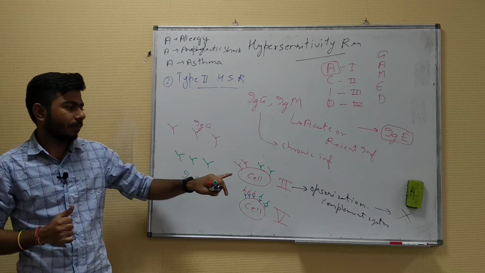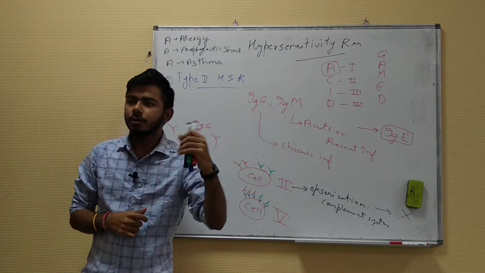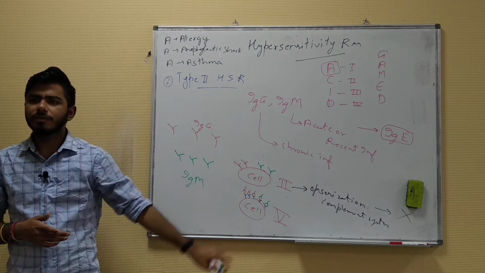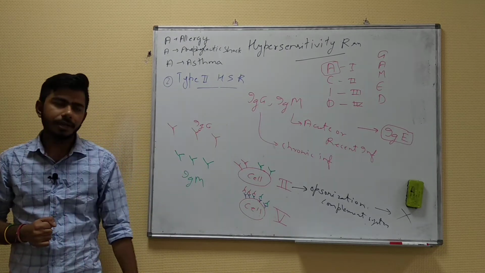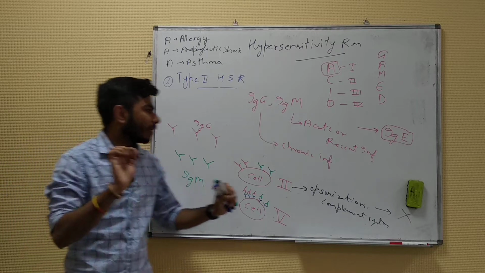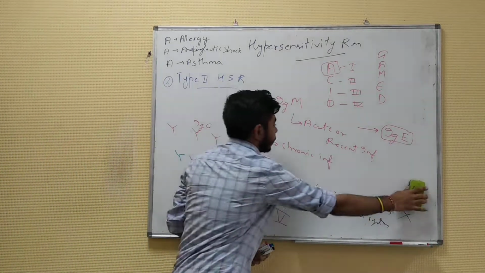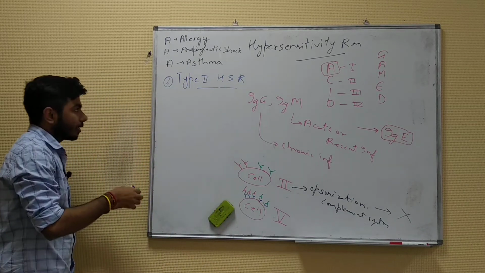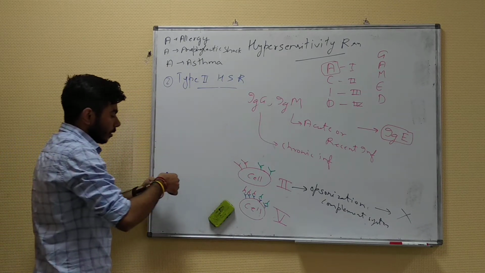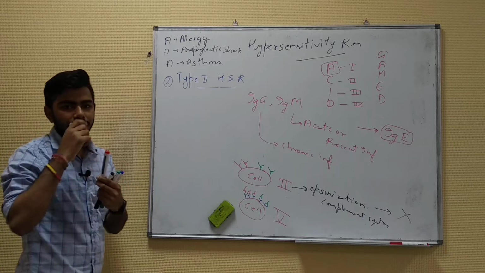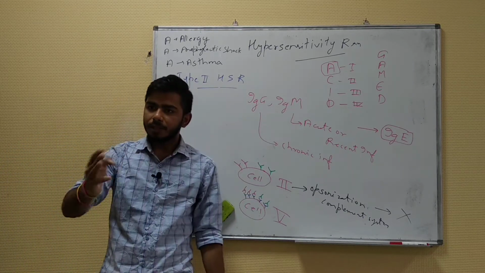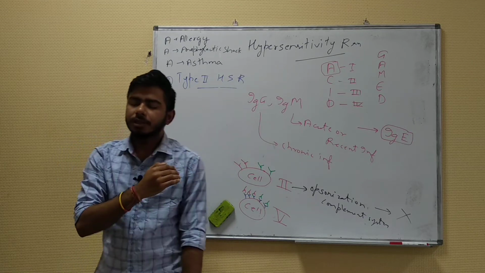I will be talking about the examples. So you understood that doubt. So let's say, what are the examples? We have a long list of examples in type 2 hypersensitivity. Main examples I will be pointing out. So what are the examples over here? One more thing I would like to say, in type 2 and type 3, I will be discussing type 3 after this type 2.